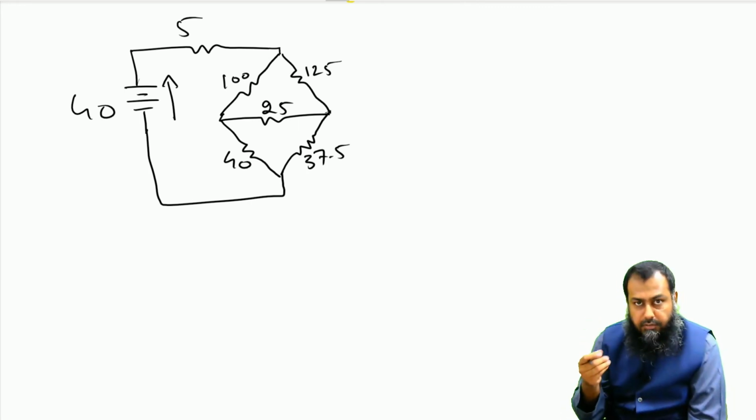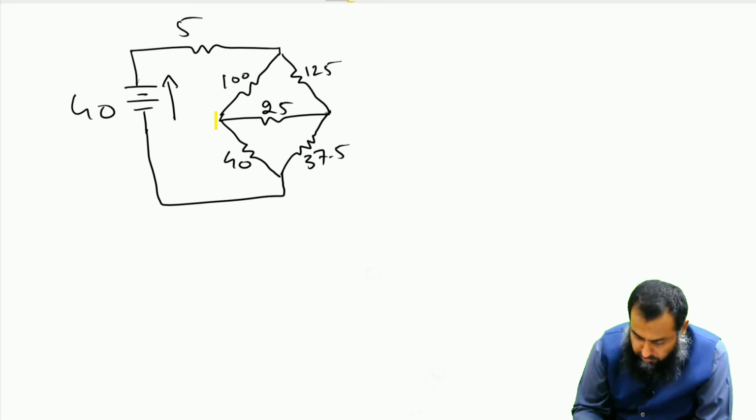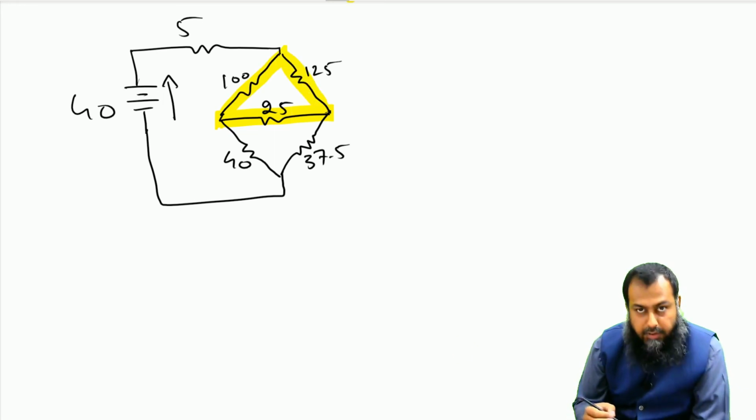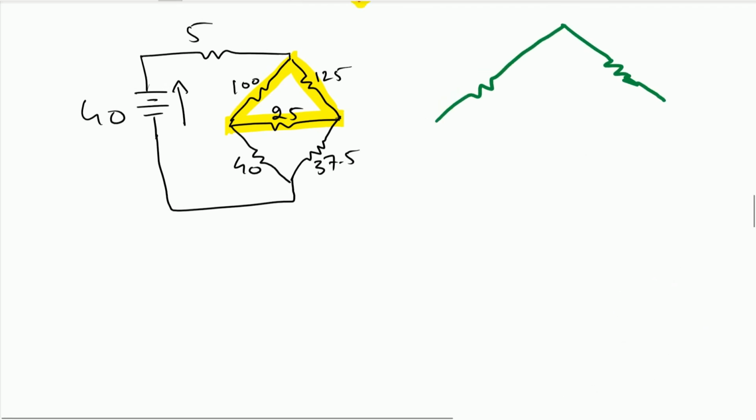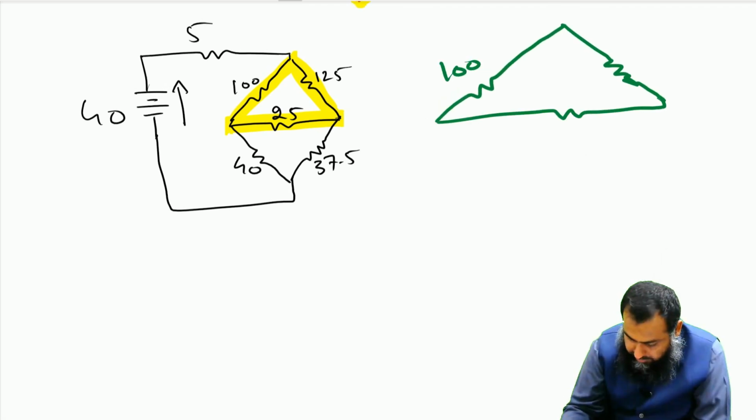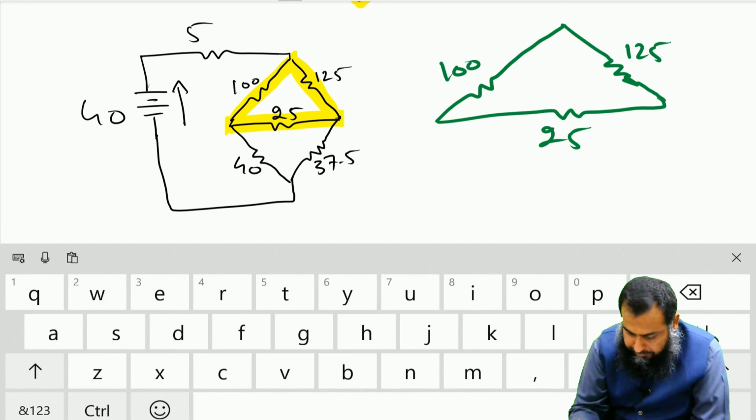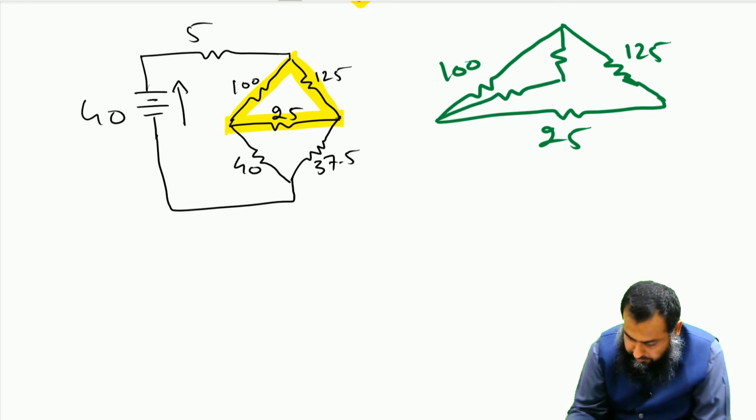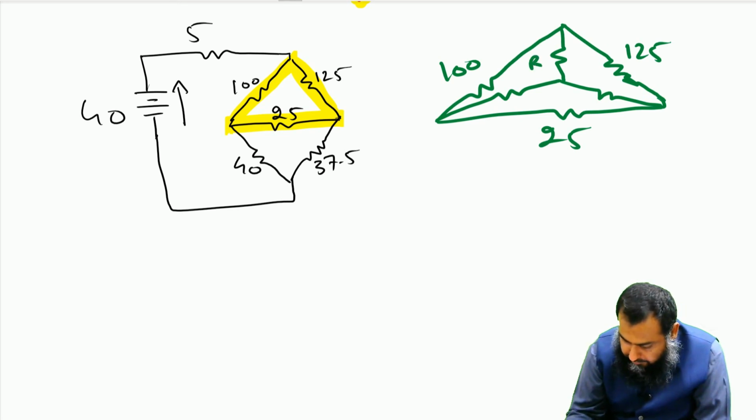Let us first target what delta network we want to convert into Y. So, I want to convert this top delta network into an equivalent Y network. Let me draw it here. We have this 100 here, this is 125, this is 25, and inside I want to draw this network, and that is R1, this is R2,